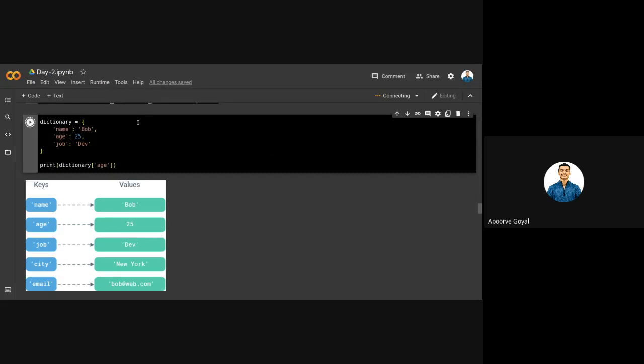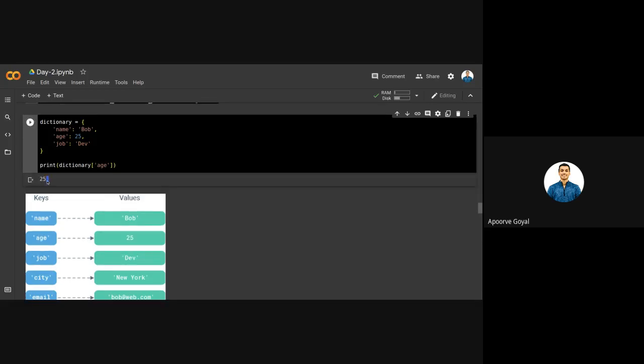It's connecting to the server. Yeah, so here you get 25. This is how you can use any key.